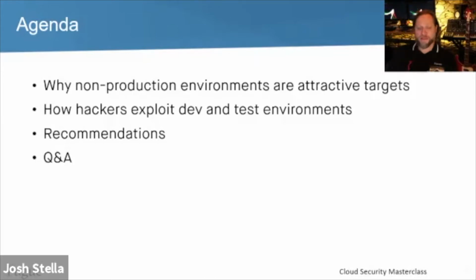We always like to use real world examples and real world data, not stuff Fugue has just come up with, but although we do this for a living, we like to bring in other sources. So we're going to be talking about sources from Microsoft and the federal government and all kinds of places as to what happens and real world examples of this. We're going to make some recommendations. And this has a Q&A at the end.